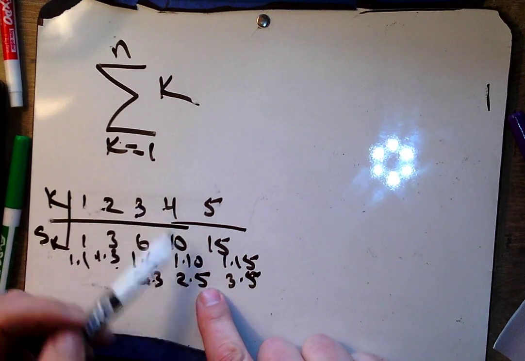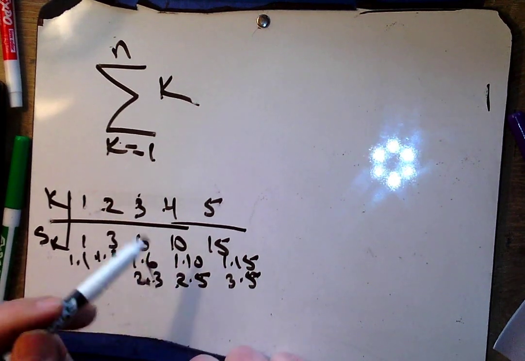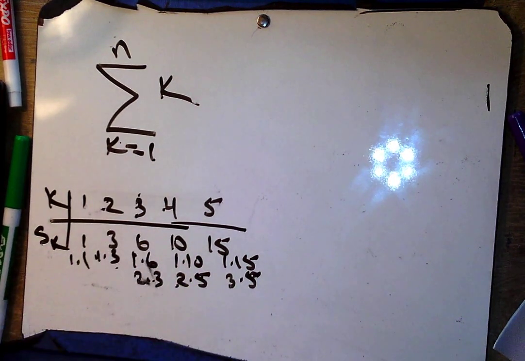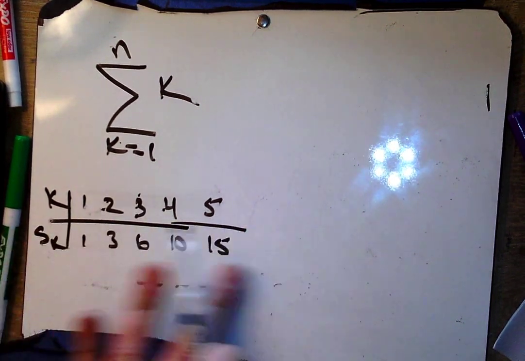Well, here I see 1 more than, but I see 2 less than. And here I see 2 less than, but 3 more than. So I don't see any pattern in these factors. Right, I don't either. However,